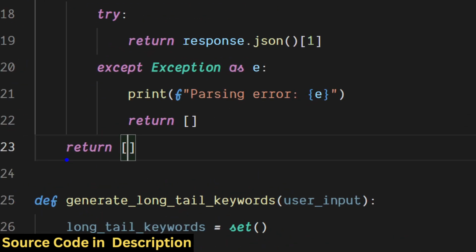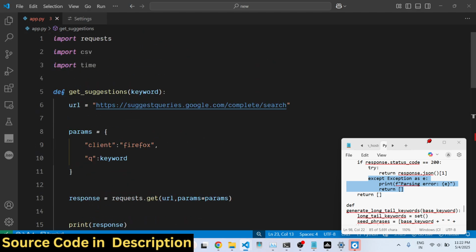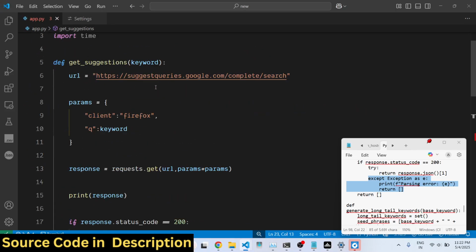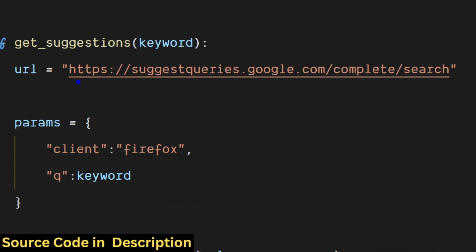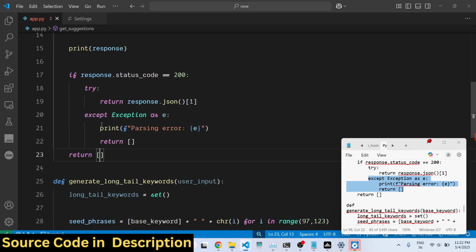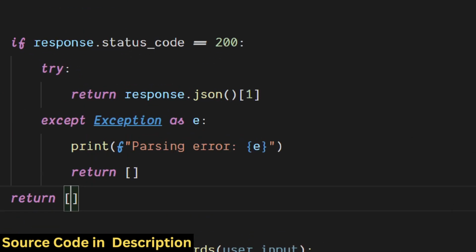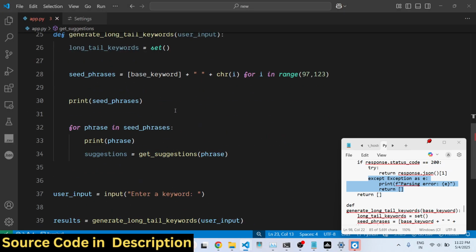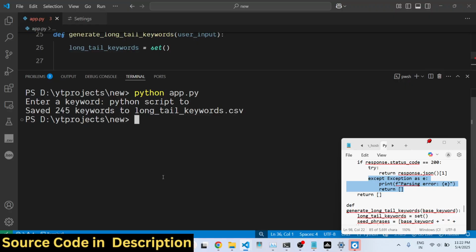So this is actually a very simple function. We specify the keyword, then it makes this GET request to the Google Suggest Autocomplete API, and we get all the suggestions, and then we return those suggestions from this function. That's all. So at this moment of time, if I want to execute this,